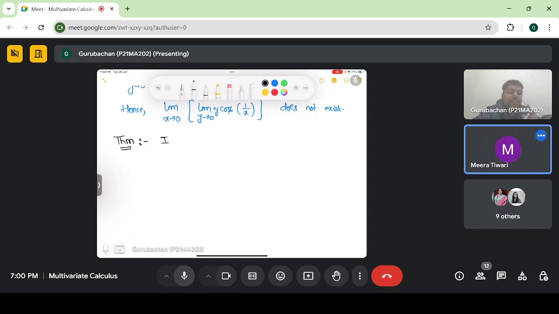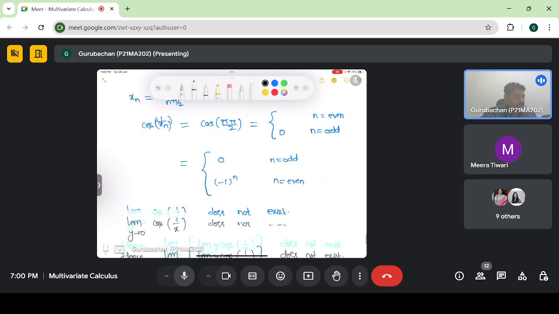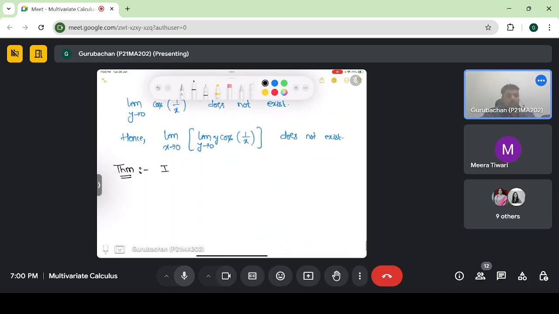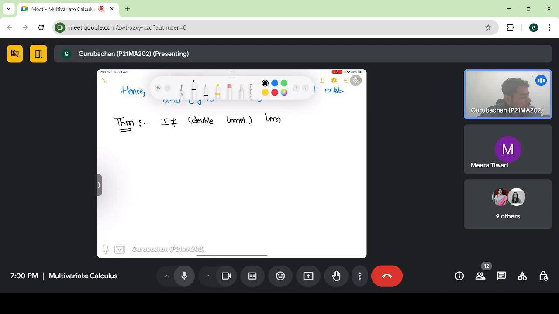No, no, no. In this also we need one hypothesis. Suppose you are saying the double limit exists, then the iterated limit must also exist. But here the double limit exists, but one of the iterated limits does not exist. So there is no point of them becoming equal. There is one hypothesis that you missed out. Let me write it properly. If the double limit, that is, limit xy tending to ab of fxy,